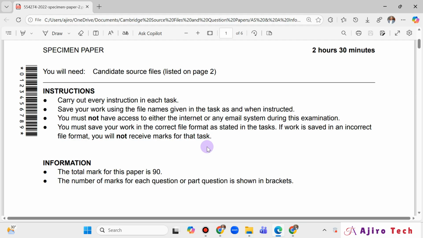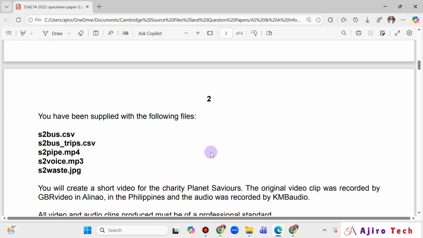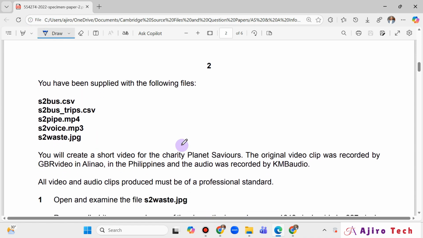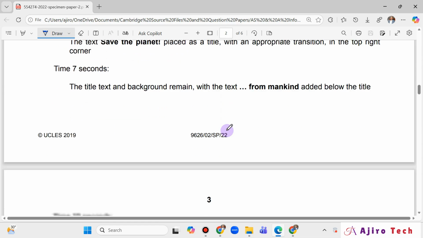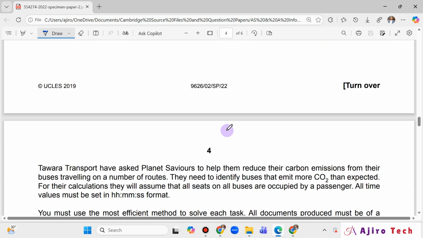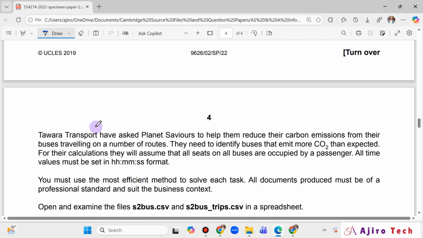The instructions are important. Go through them. The total marks for the paper is 90. You've been supplied with the following source files. We're going to look at the spreadsheet part first, and we'll come to video editing later. Tower Transport have asked Planet Savior